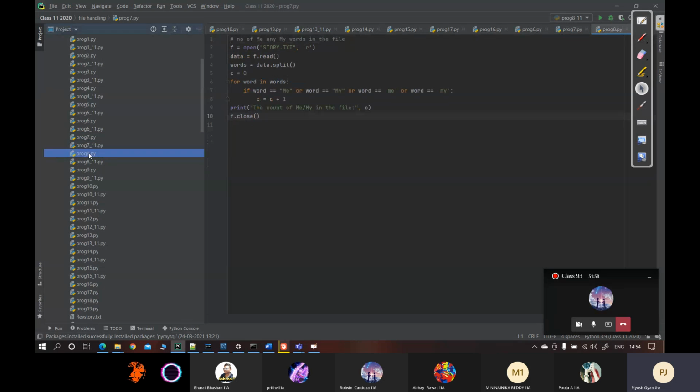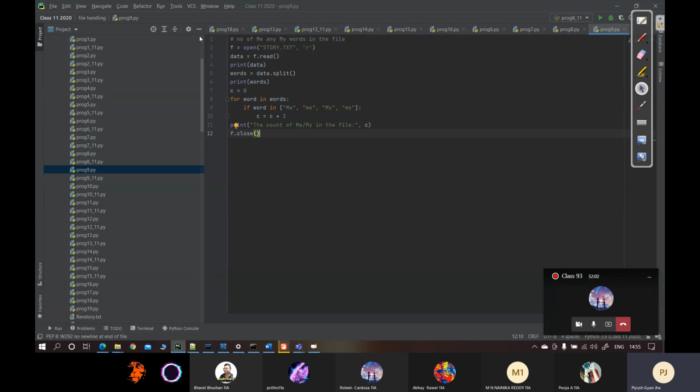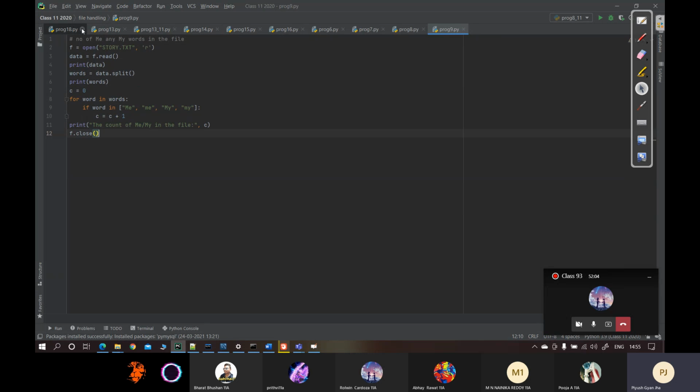Okay. Anyways, we'll start from scratch. उसी को फिर से बताता हूँ. I'm not getting that file. So let's say we'll talk in context of